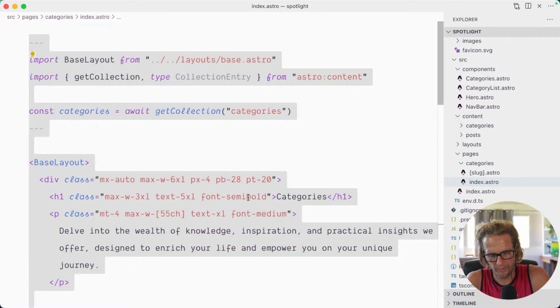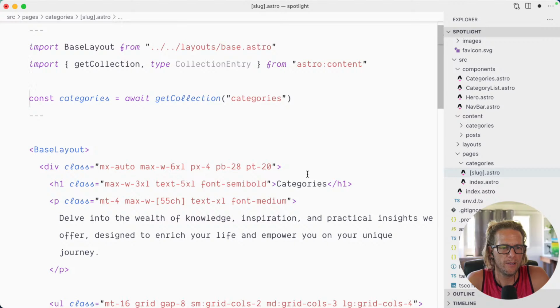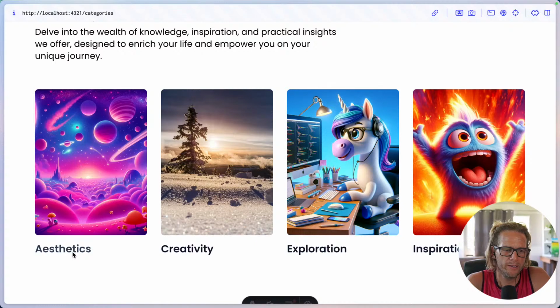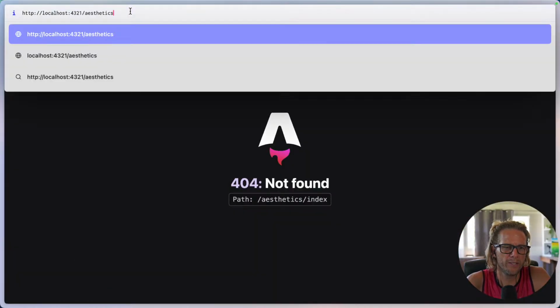We're not going to use all of it, but let's put that there. Category page. Now it's going to very quickly complain that I don't have a getStaticPaths. I don't think that link's going to work because of the index, but if we remove the index,